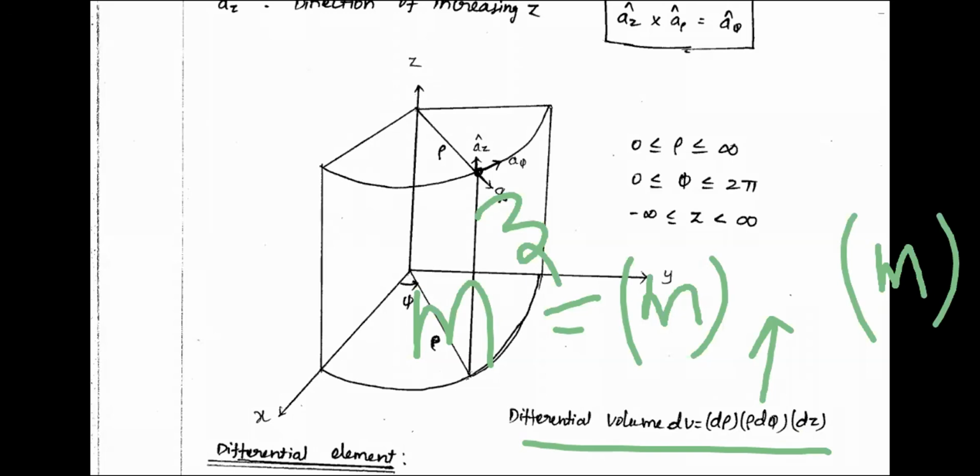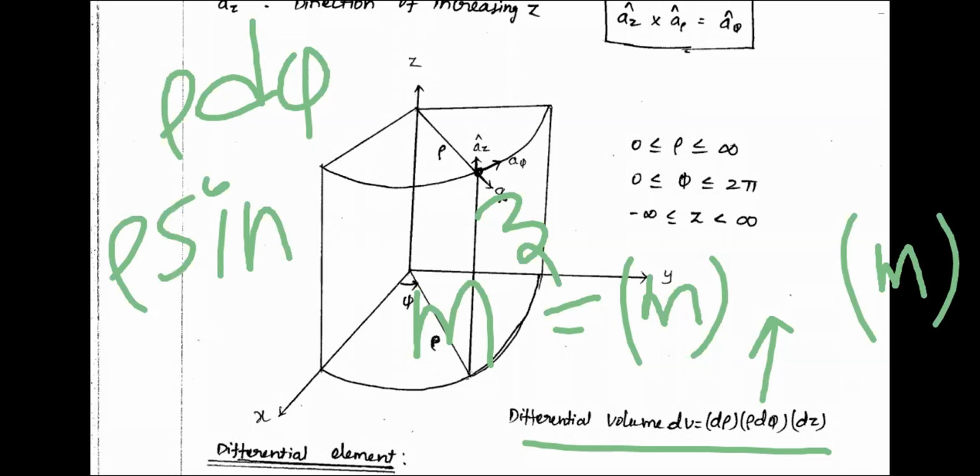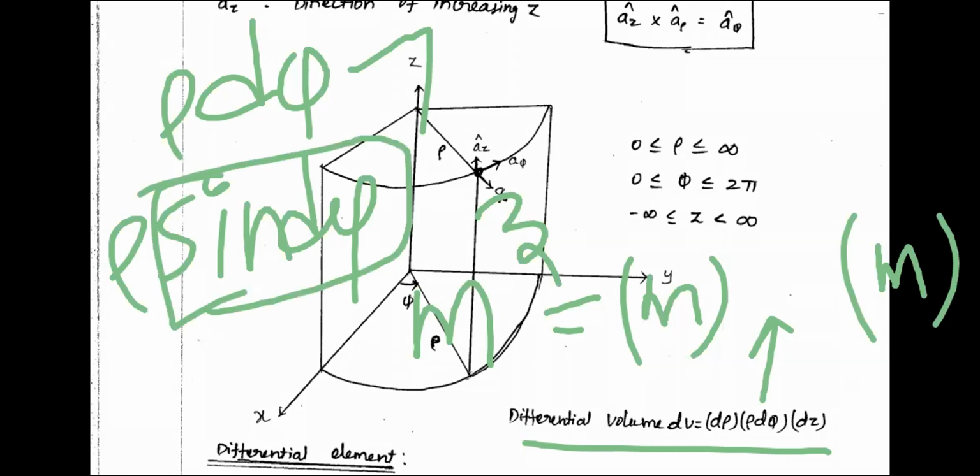But see, one thing, that rho d phi is an approximation, I think. That is not the ideal value. Actually, you will get rho sin d phi, I think. Generally, to calculate any distance, you have to use either the sine formula or cosine formula with the radial distance. So it is rho sin d phi. As d phi is very, very small, sin d phi can be represented as d phi. What is the unit of sin phi? Sin phi is a simple number. Anyway, that is approximated to d phi.